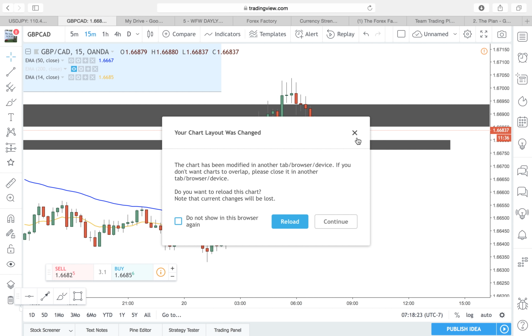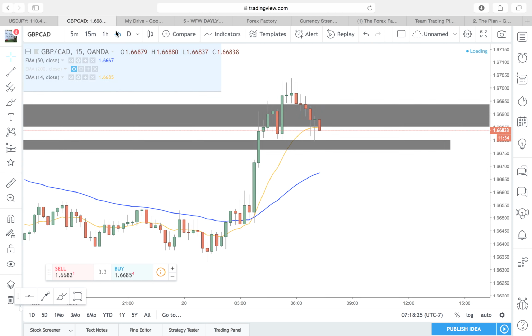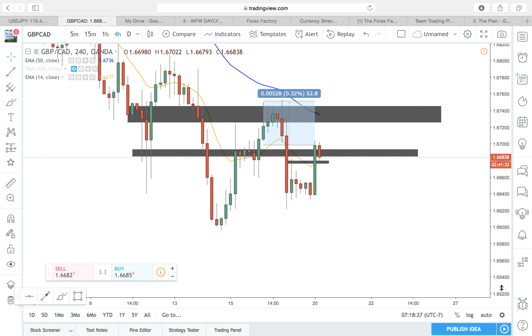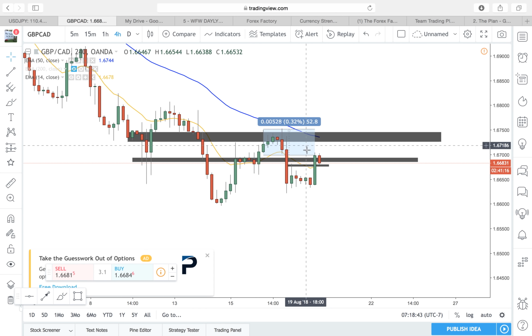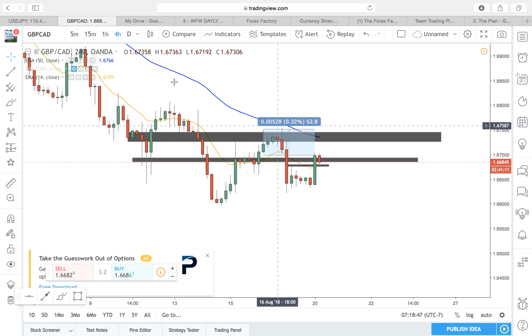GBP CAD is the same thing. I anticipate it is going bullish too, just because of the fact that GBP CAD broke resistance here. But GBP CAD, Canadian just had news. That's why I didn't trade the CAD pairs, because we just had news. So I didn't want to risk anything. But just because we broke structure and we're in between zones, it's probably just gaining liquidity before a big launch too. And it's around 50 pips.